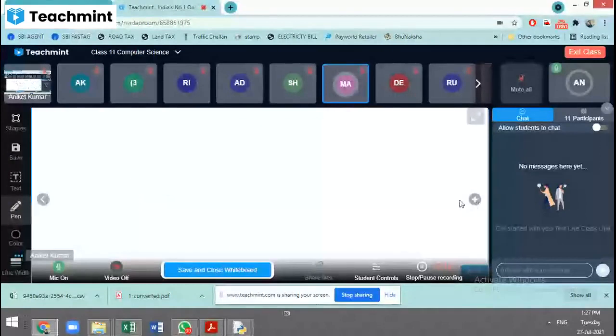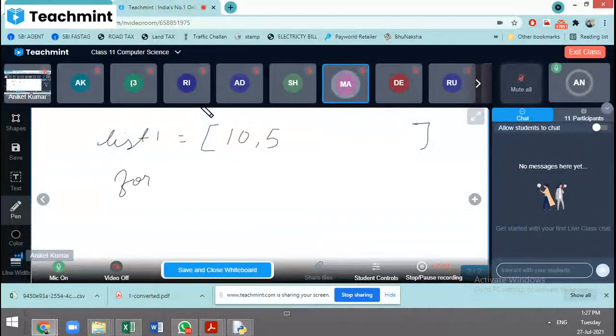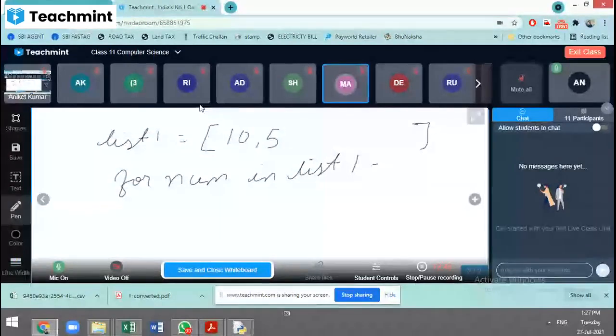What it means is, if in a list I have prepared list 1, with two values over here, 10 and 5, and then I am using for num in list 1, how many times will it check for the values in this list 1? 2 times.